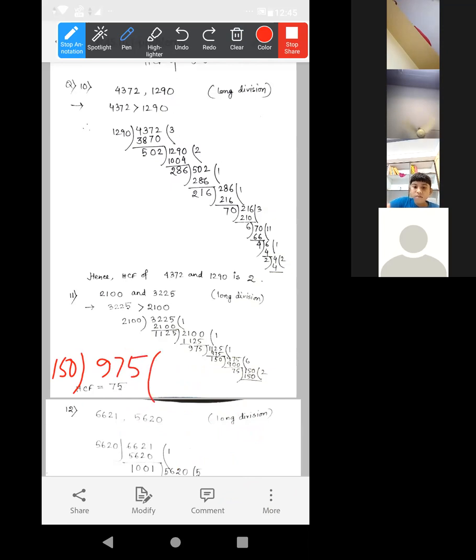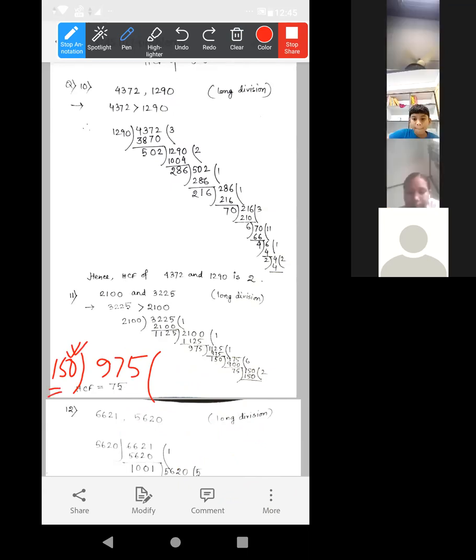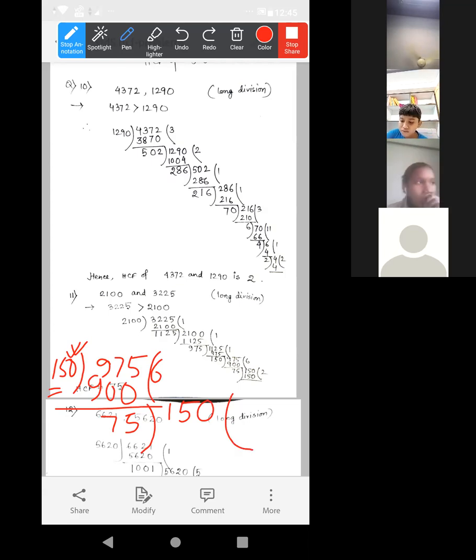Now by this 150, we have to divide this 975. Look, just avoid this 0. This one 15. Consider this as 15. Now 15 one is 15. Count the table. 6, 15 and 19. 6 15s are 90 and this 0 will be there. Now 75. By this remainder, again we have to divide. We have to continue the same process.